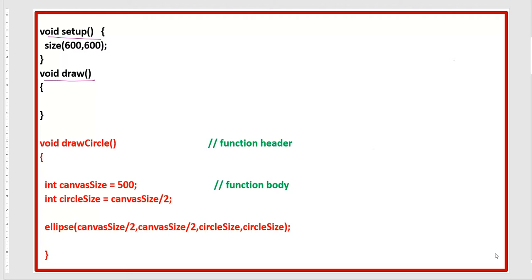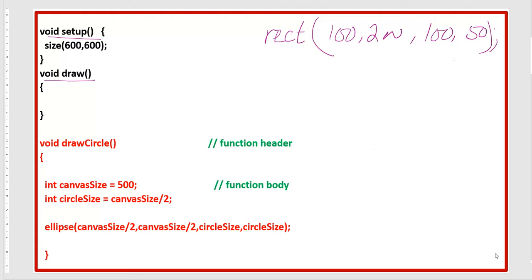Suppose you want to make a rectangle. Here I will give you a simple example. If you want to make a rectangle, we will just write down rect and then we will give some parameters: 100, 200. These are the x and y coordinates. Suppose the width should be 100 and the height is 50. When we run it, we will get a rectangle of these parameters.